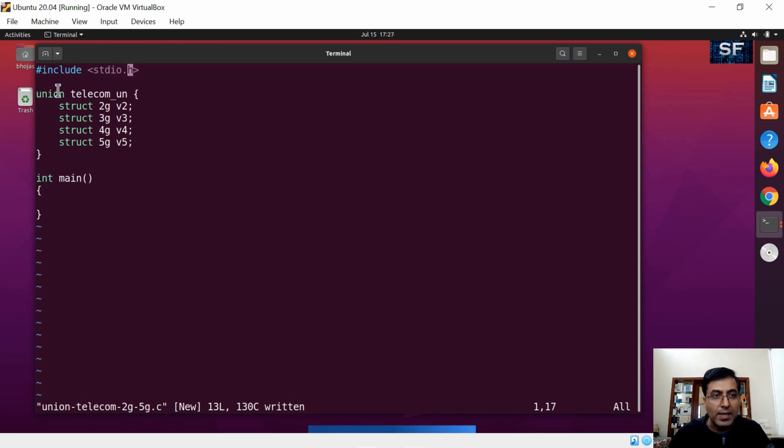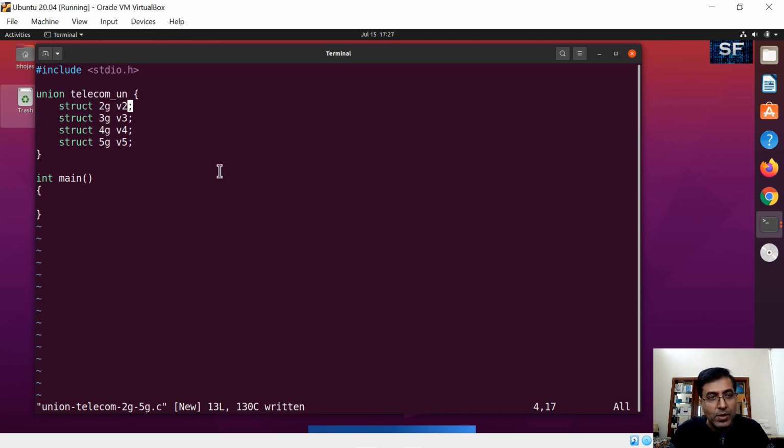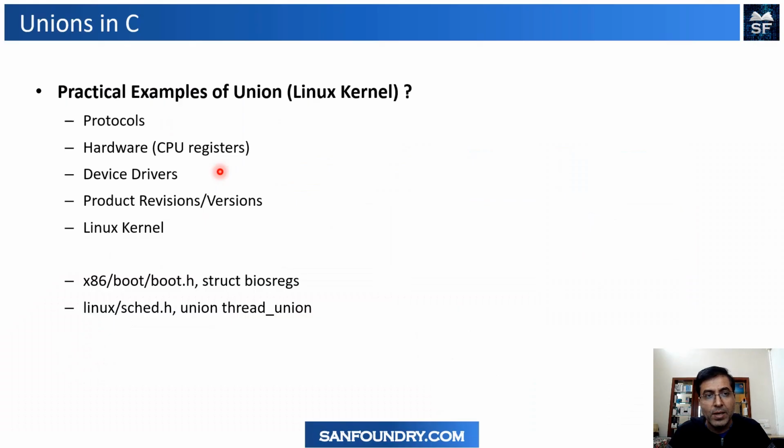So you can see that you have a union. Whenever you have an object called a telecom network packet that you receive, it can be a 2G, it can be a 3G or a 4G or a 5G, but it cannot be all of them at the same time. So why waste memory by unnecessarily having structures? So the best is to create a union for it, right? Okay. So I hope you got the idea. Don't worry about some syntaxes that we are typing in here, because it's a live typed class that I have done. Let's come back into the class.